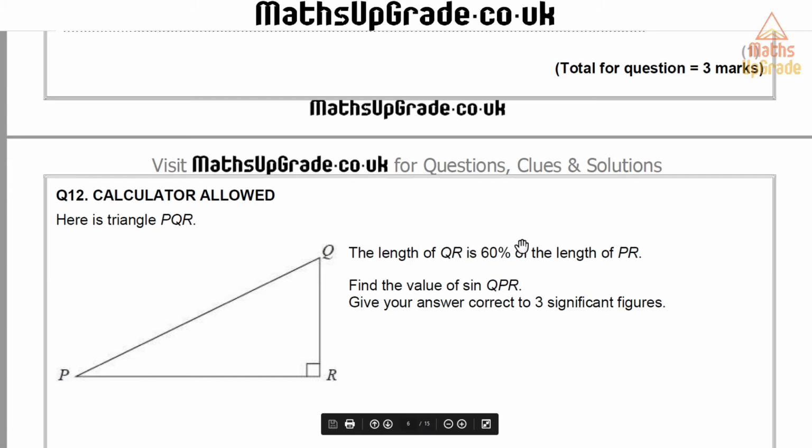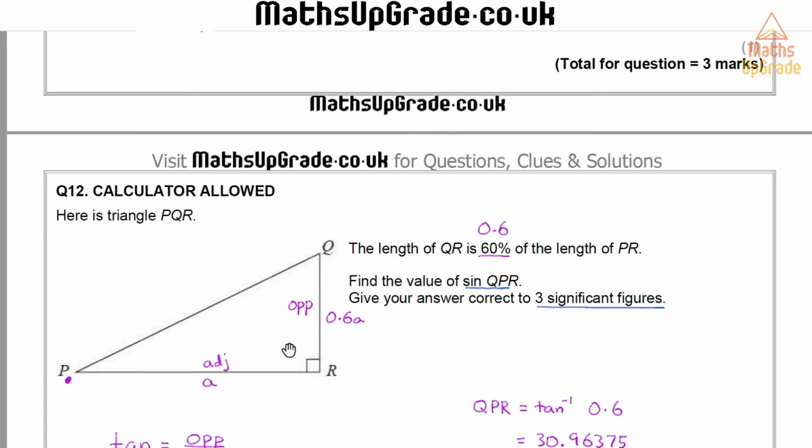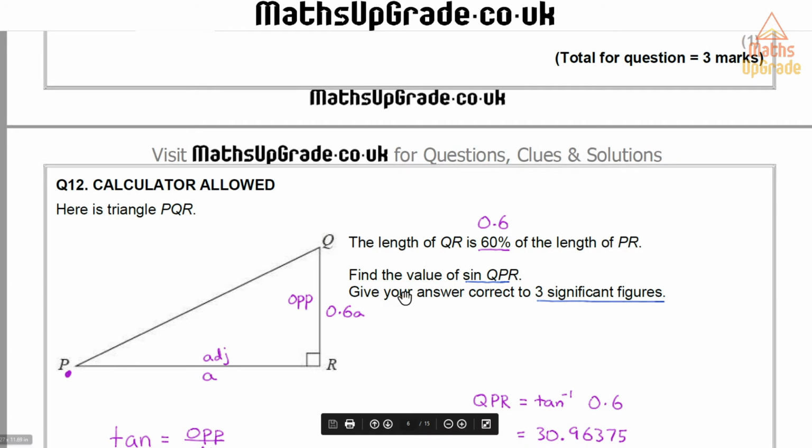So this 60% means that this length is 60% of this length. 60% as a decimal is 0.60, in other words, 0.6. So if this is given a letter of A, this is going to be 0.6 times A, because 60% is 0.6 as a multiplier. If you're not sure on how I've got that, look back at the video clip on percentages on my YouTube channel. So now, if I rearrange